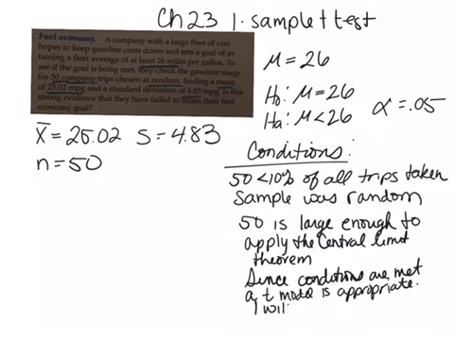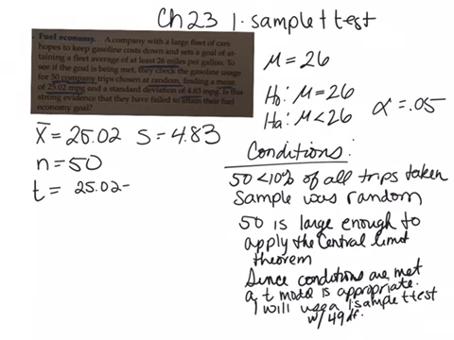And I will use a one sample t-test. And we're going to state our degrees of freedom, which is n minus 1. So 50 minus 1 is 49 degrees of freedom. And then we can perform our test. Our t-score is our sample mean, 25.02, minus the hypothesized mean, 26, divided by the standard deviation over the square root of 50. If you ever have a sample size, your standard deviation must be divided by the square root of the sample size. And so that is